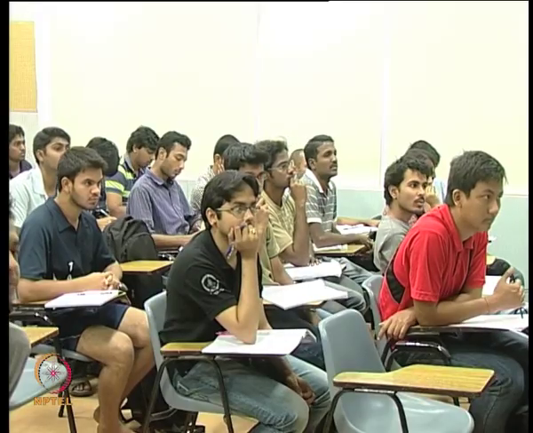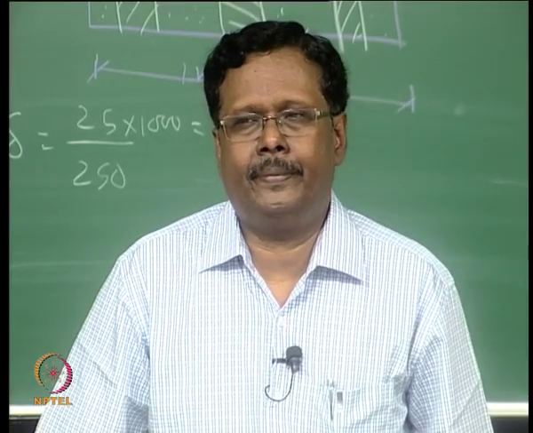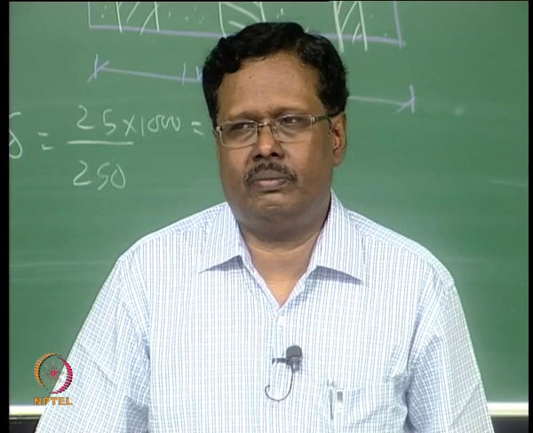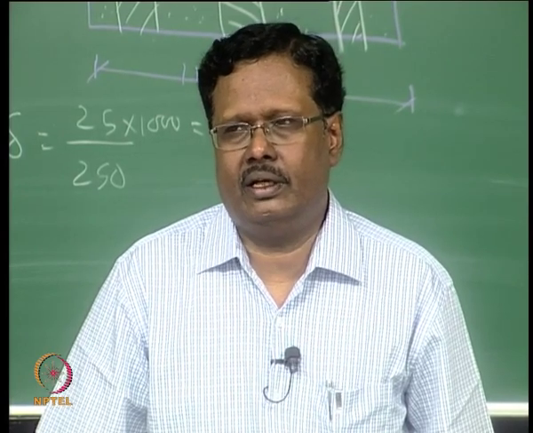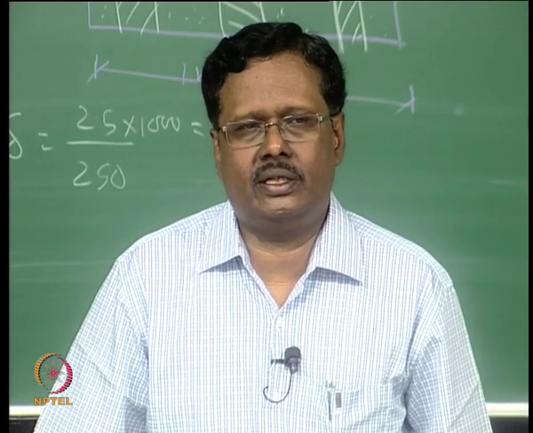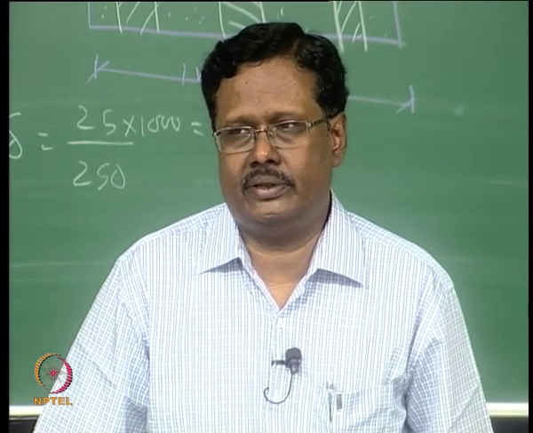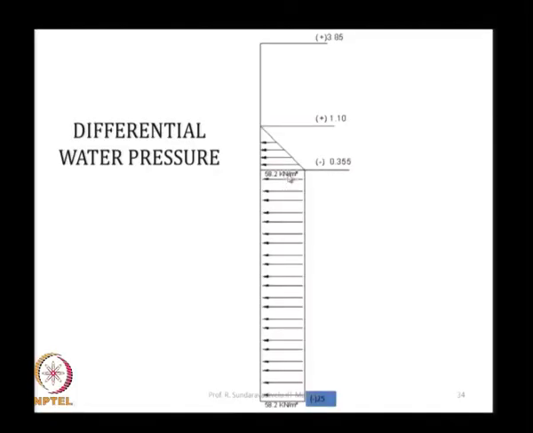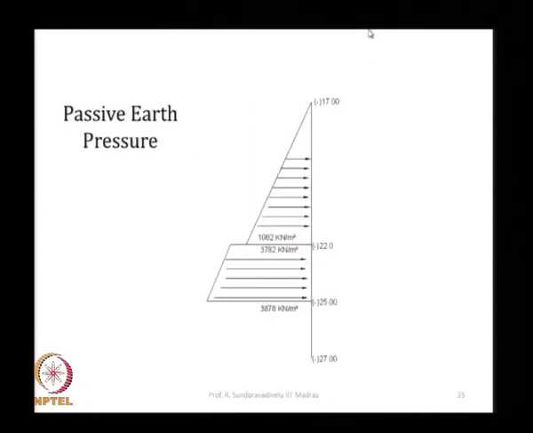Why do you have to multiply by 4 meters? That is the spacing between the piles. We do a typical section which is 4 meter wide. Center to center distance between the pile governs the typical section. That is why we multiplied by 4. That is 14.55 into 4 is 58.2. But the differential water pressure goes right down at the bottom. This is the passive earth pressure from minus 17 up to minus 25. Though we have given the founding level at minus 27, originally we calculated and wanted to found it at minus 25.